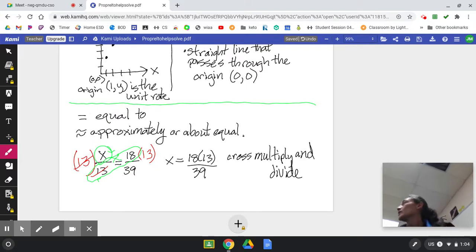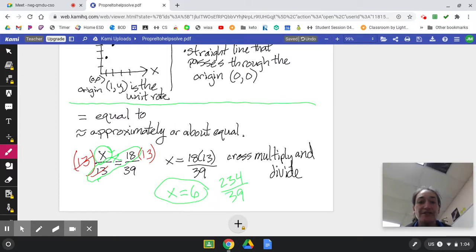Okay. Quick point I want to make with you guys is that you can use a calculator on this. Showing my work is what I did on the screen. Now I'm ready to type that into the calculator with 18 times 13 equals 234. And then I divide that by 39 when I get 6. So in my response, I would say that x is equal to 6 because I had 234 divided by 39. Okay. This gives me the value I was trying to solve for. So again, more explanations